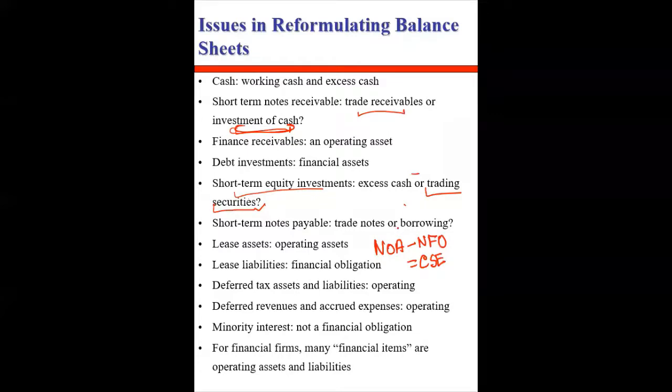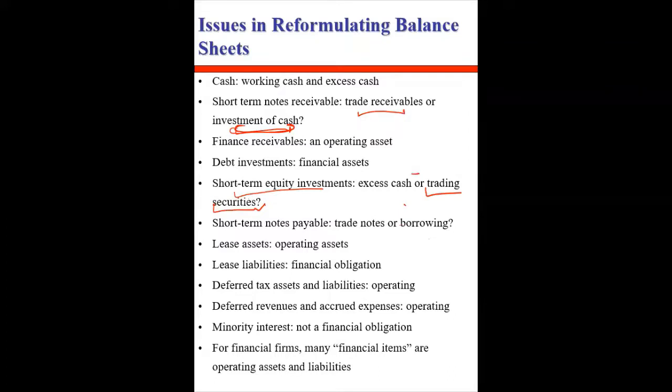So instead of including the minority interest in the operating or financial category, we have to include the minority interest separately with the common shareholders equity. Okay. So this is not part of financial, or this is not part of operating. So sometimes we are inclined to think that it is a part of financial